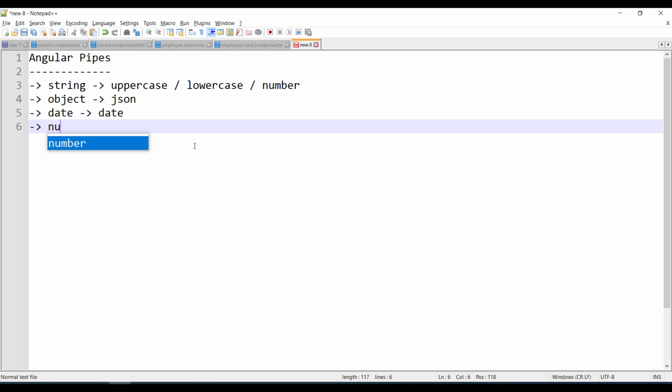You get some number and you convert that number to currency. The use of pipes here is to convert the raw data into properly formatted data as per the user's choice. Okay, so let's have an example so you get more idea on Angular pipes.